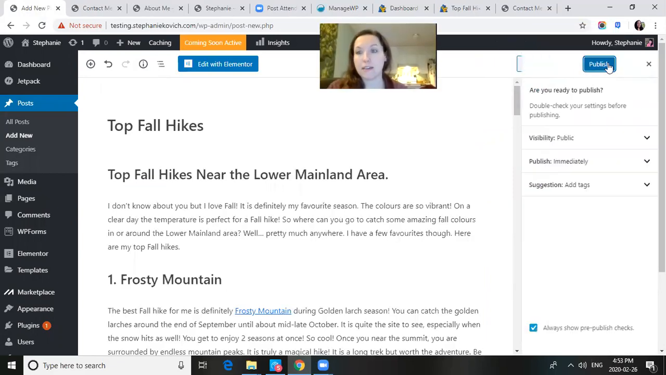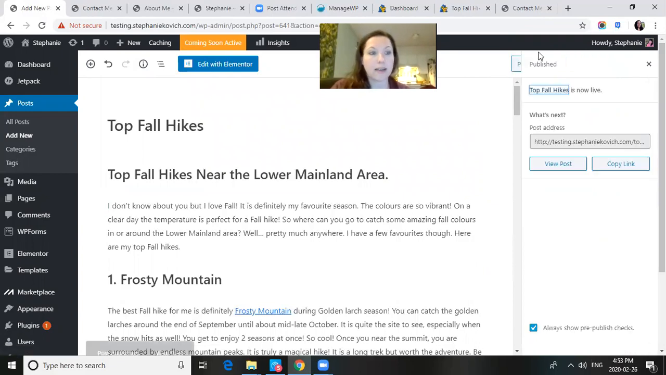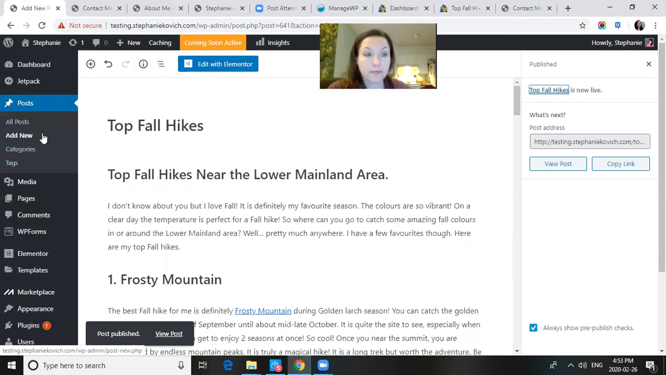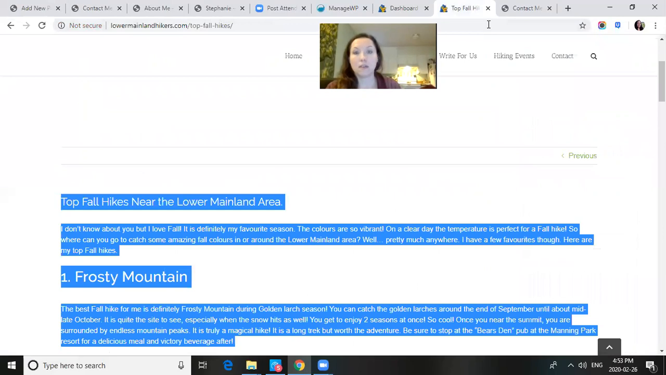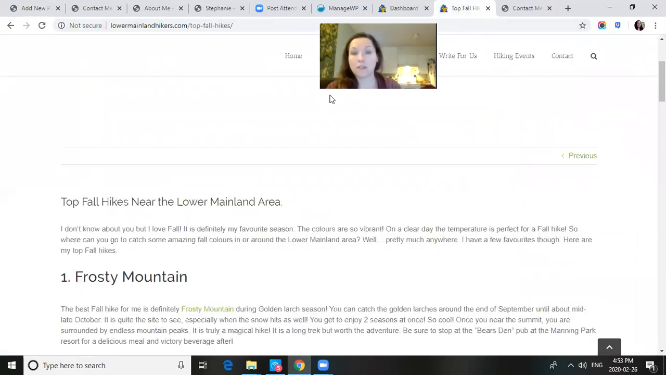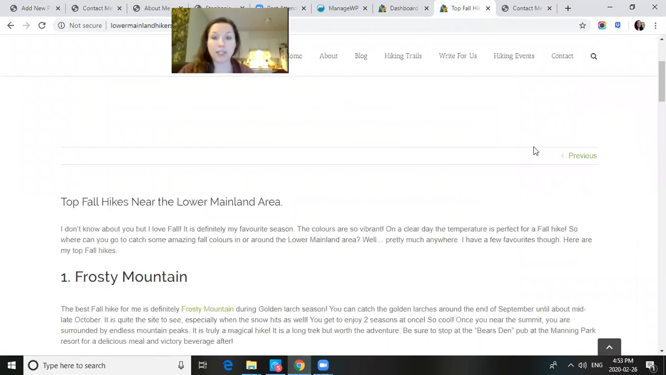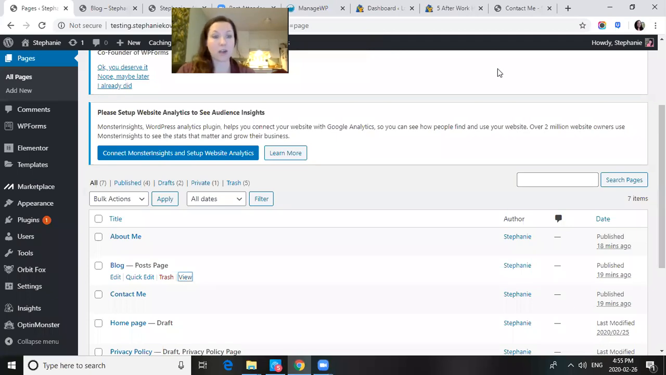We'll publish that. I will just do one more so that I can show you what it looks like on the page. Here, I'm just going to pause the video and add a couple more posts and then I will be back. One second. All right, so I added a couple blog posts and this is how it's going to show up when you go to your blog